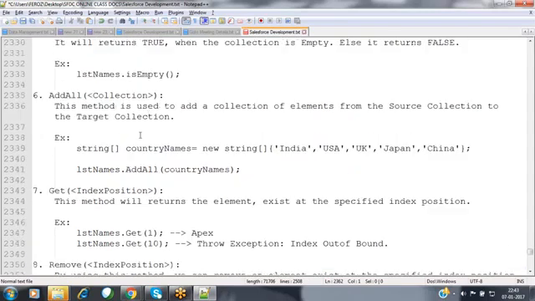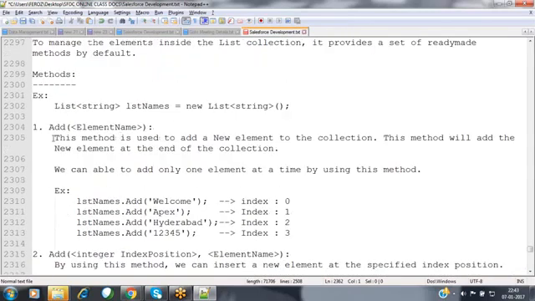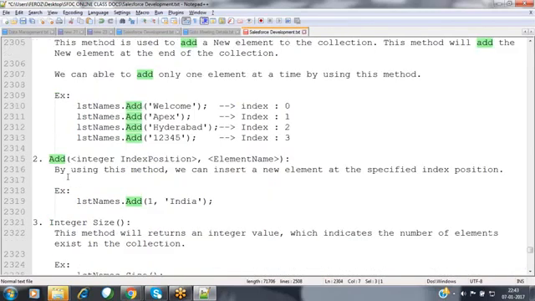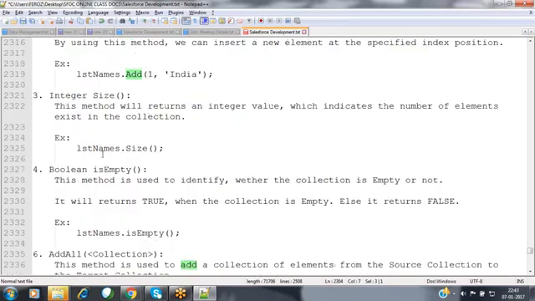We have the add method. We also have the add method with an integer index position, where we can pass the index position and add the element based on it. Then we can get the size of the collection by using the size method.